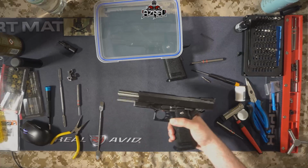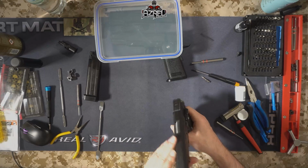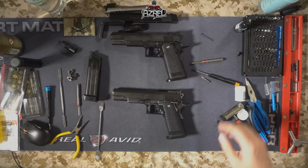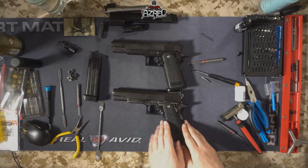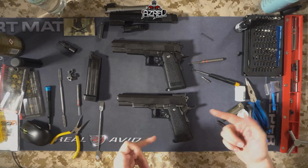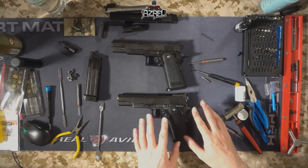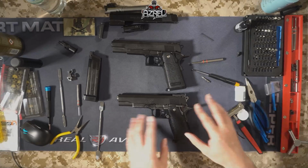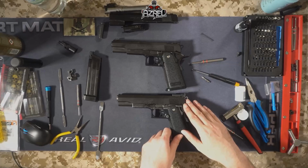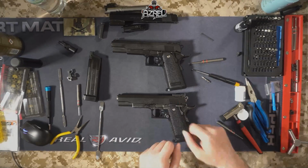So yeah, there we have it. Our upgraded Hi Capa. It is nice. I now have two 5.1 Hi Capas which have been upgraded. This needs a little bit more work on it. Probably might do something with the grips, and some of the bodywork needs refreshing. But the internals are now literally redone,